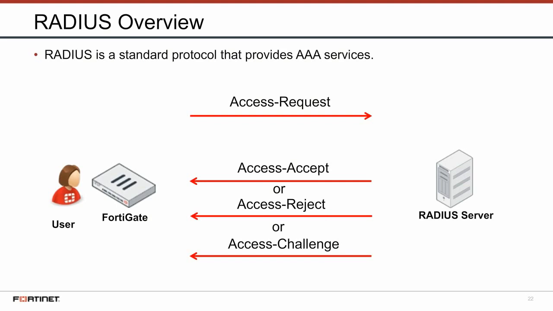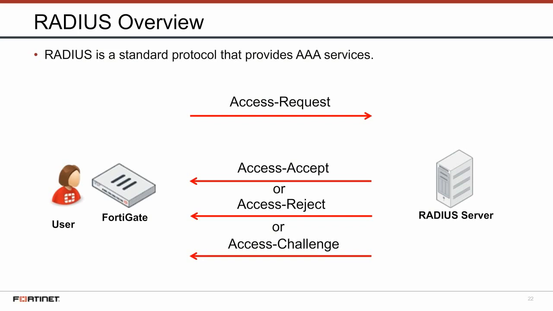Radius is much different than LDAP because there is no directory tree structure to consider. Radius is a standard protocol that provides authentication, authorization, and accounting, AAA, services. When a user is authenticating, the client, FortiGate, sends an access-request packet to the Radius server. The reply from the server will be one of the following: